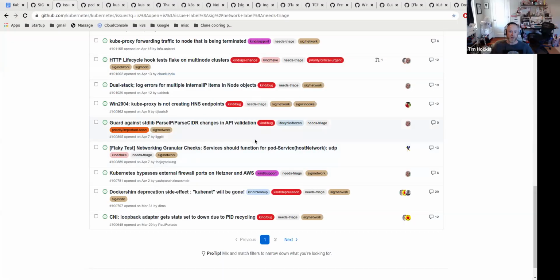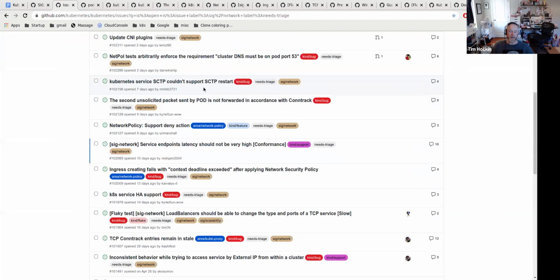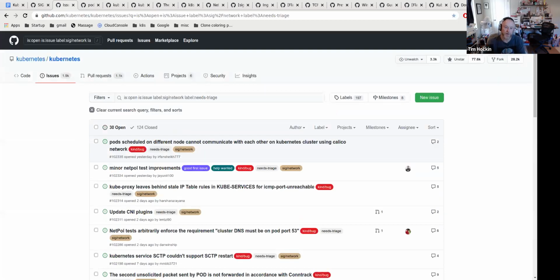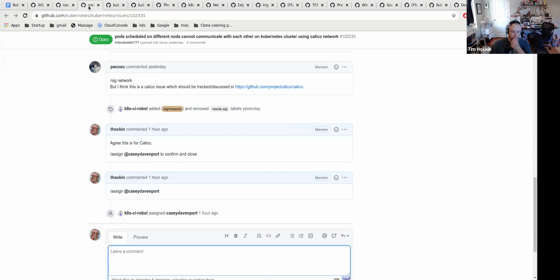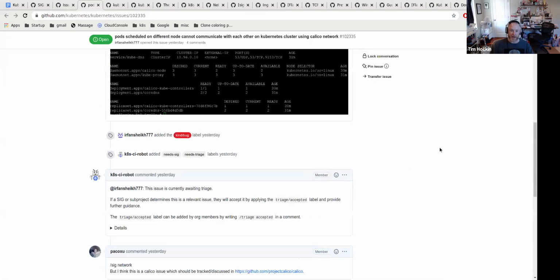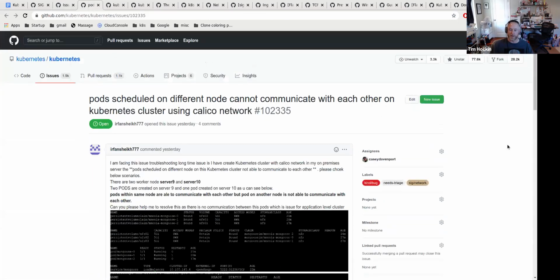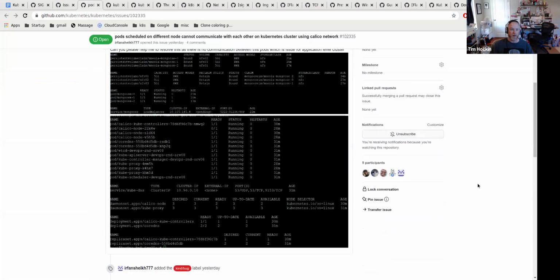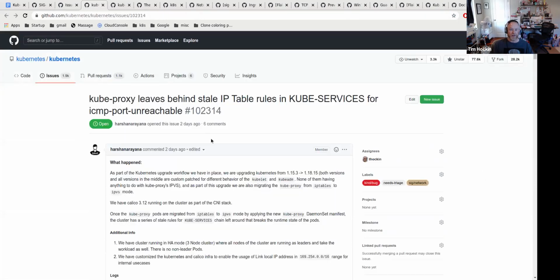Window, issues, share. So we had 30 today. I was able to ping a few, close one or two, and assign a few, but I thought they were interesting enough that they were worth talking about. So let's burn through a few. Casey, this one was all about Calico, so I assigned it to you. I just wanted to say that on recording so that you couldn't claim ignorance. Works for me. Thank you.